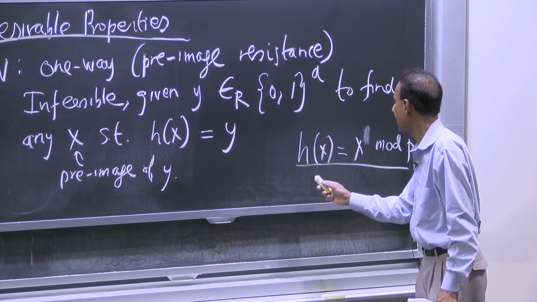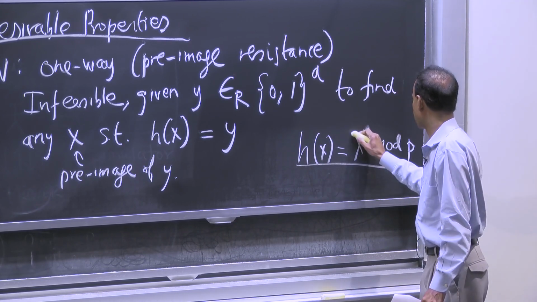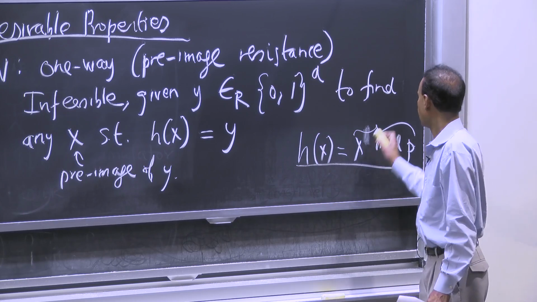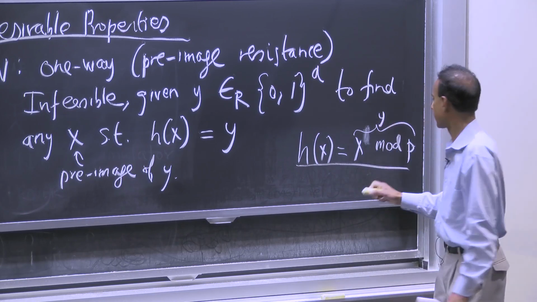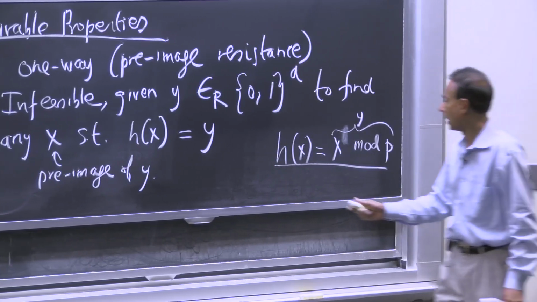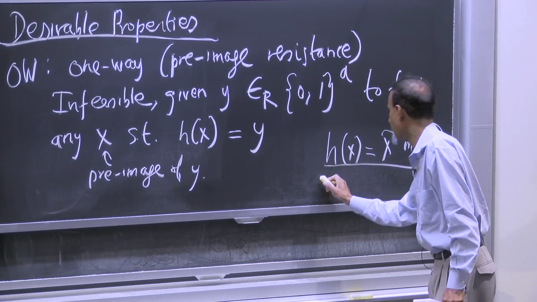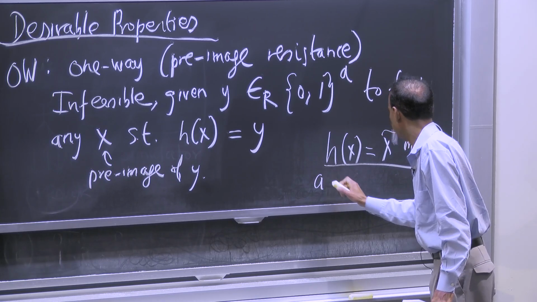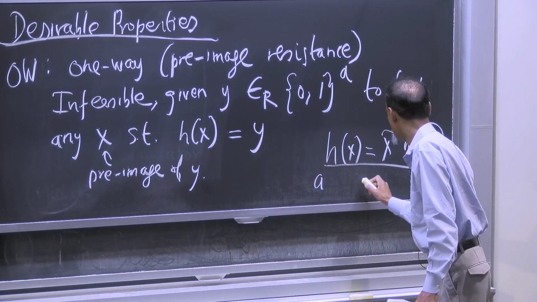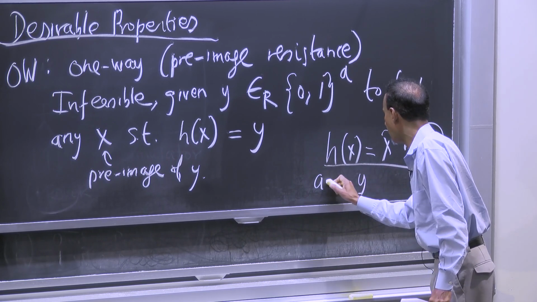So if this is h of x, and let's just call that y for a second, something that's a multiple of p plus the remainder. So I could have a of p plus y. So I want a of,